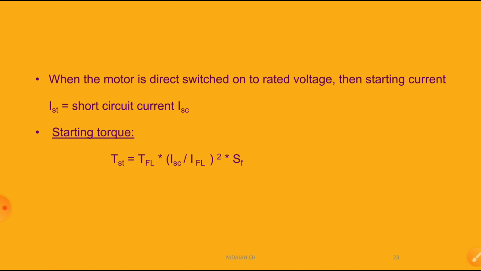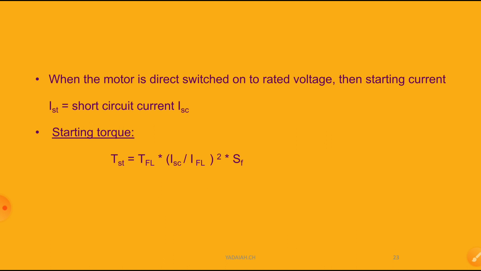Okay, so these are some equations, dear students, that we have already discussed many times previously. What are the internal parts, what is the purpose of each part, how it works under normal condition, what will happen if overload occurs or low voltage comes, and how the torque is related with the secondary current and primary current, and the relation between the full load torque and starting torque, we have already studied. So these are the benefits of the direct on line starter.